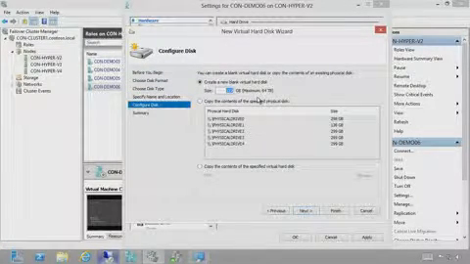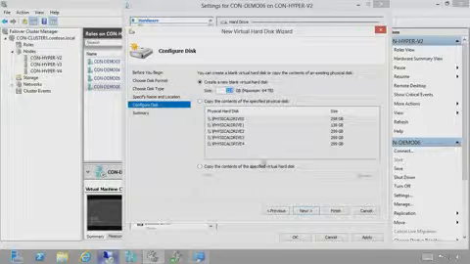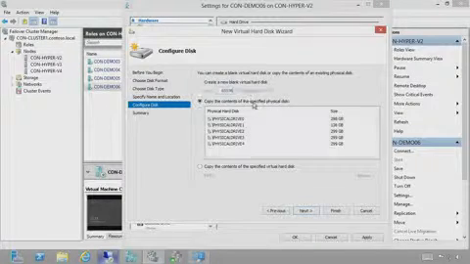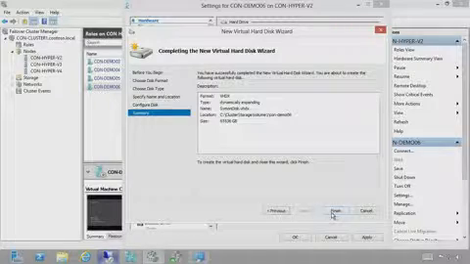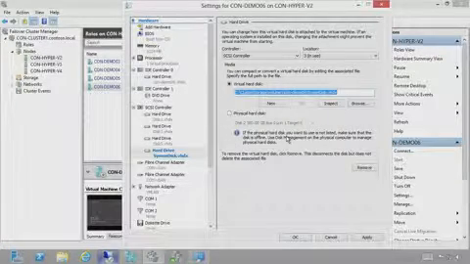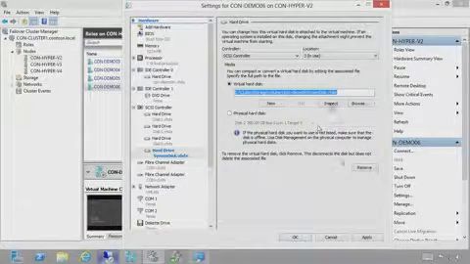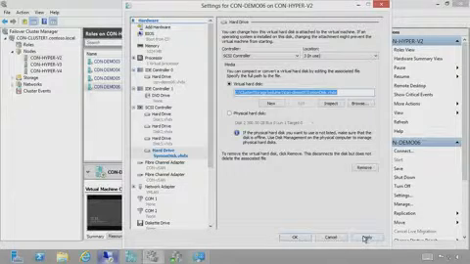Now, create a blank hard disk. Do I want to copy the contents of a physical disk, or a couple of different choices there? I'm going to use 64 terabytes. We'll go next, and we'll go finish. And there we go. It's started to create it pretty quickly. And we'll go apply,